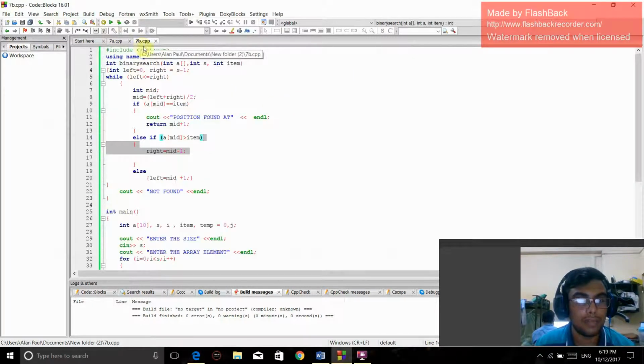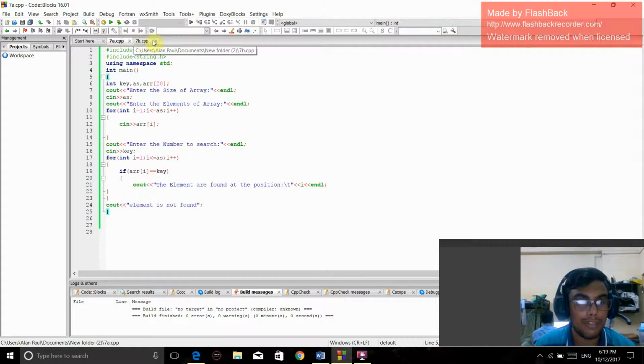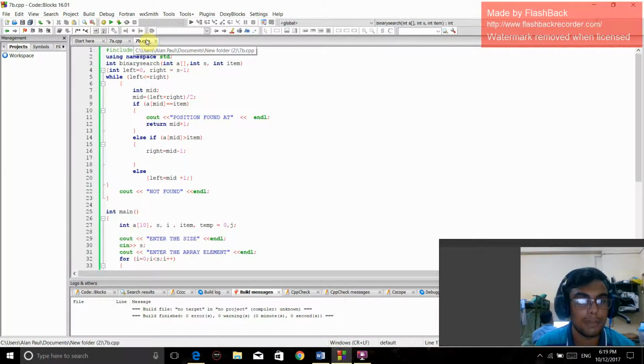Now we have another program. The first program was for linear search, and the second program is for binary search. After including the necessary header files, we have int binary search with the array and its size,